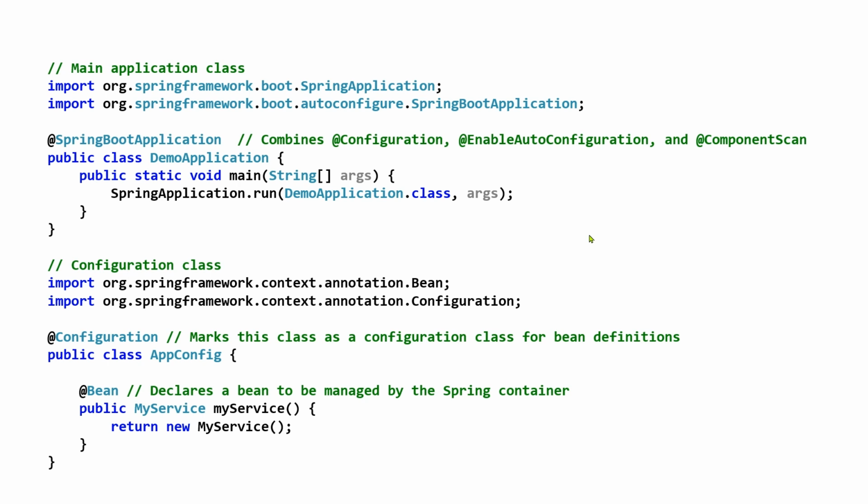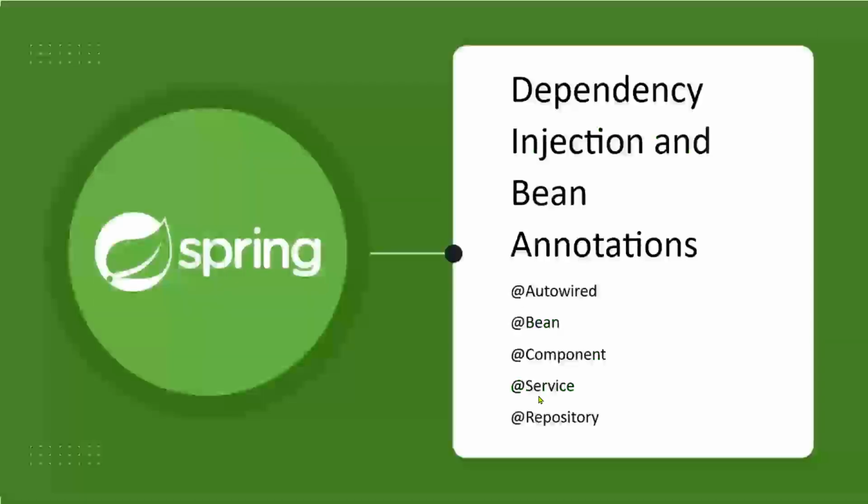We already saw in our project that @SpringBootApplication is a combination of @Configuration, @EnableAutoConfiguration, and @ComponentScan. And when we annotate a class as @Configuration, what will it do? It will configure a class for bean definitions, like a source of beans. Okay, the next is